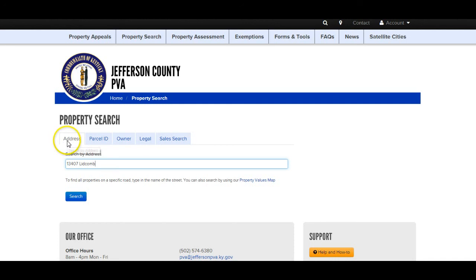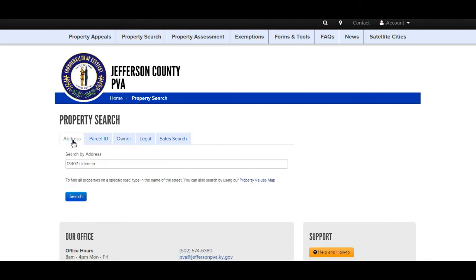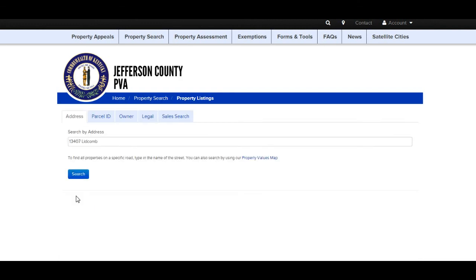You'll notice here I'm putting in the address. If you had the parcel ID, you could put in that. And in some cases, especially when I'm looking up probates, a nursing home will come up and I will need to look up the person by the name of the owner. There's also legal description and sales search, but almost always I'm going to be looking up a house by the address. So you just put in the address, and you just hit search,